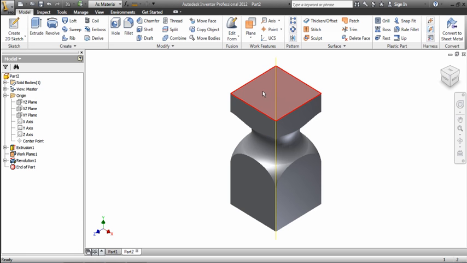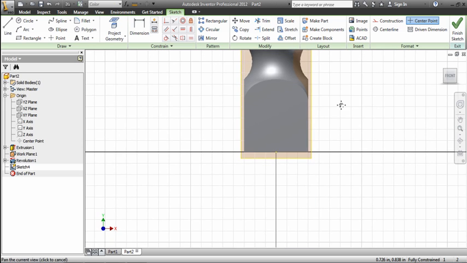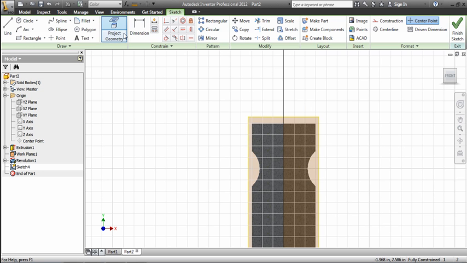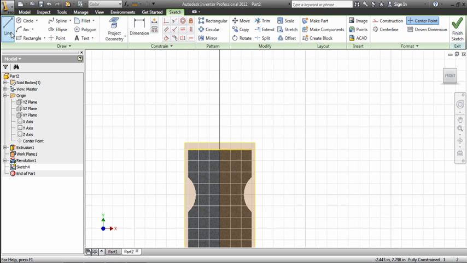I'm going to make one more sketch on the XY plane, and I'm going to hit F7 so I can see through this thing, and I'm going to project the geometry of this top line right here. Now I'm going to grab my line tool and lock onto the middle of this line, and the middle is going to lock on green when I'm onto it. Remember, if you ever lock onto the middle, you cannot ever move this line. So if I make this line, and I'm going to make it 0.5,